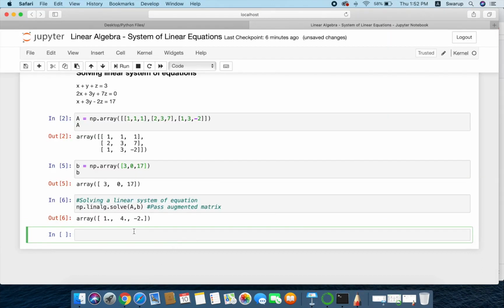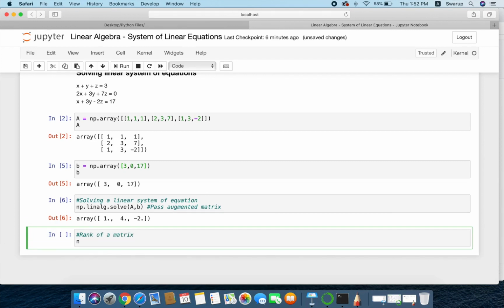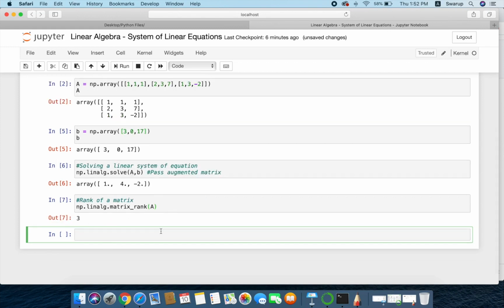For that, in NumPy, finding the rank of a matrix, you can use NumPy linear algebra dot matrix rank. So this is the function you can use here, np dot linalg dot matrix rank, and pass the matrix. It will give you the rank. So it says rank is 3. So the rank of this matrix is nothing but 3. Okay, so like that we can find out the rank of a matrix.